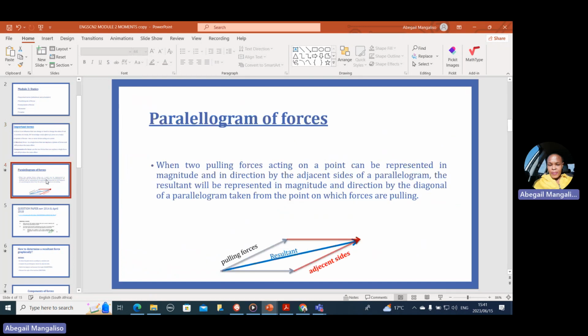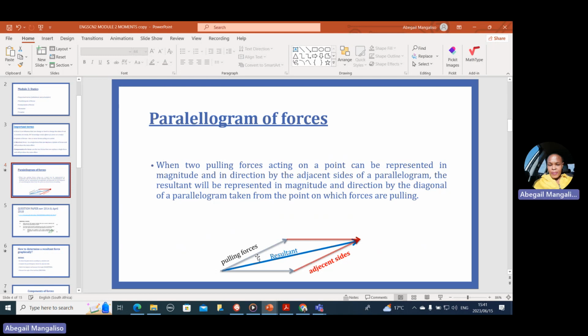So the topic that I'm going to explain, or the concept, is the parallelogram of forces. The definition of the parallelogram of forces states that when two pulling forces acting on a point can be represented in magnitude and direction by adjacent sides of a parallelogram,